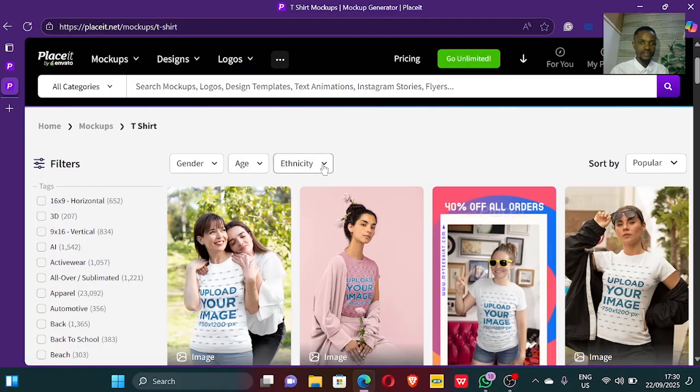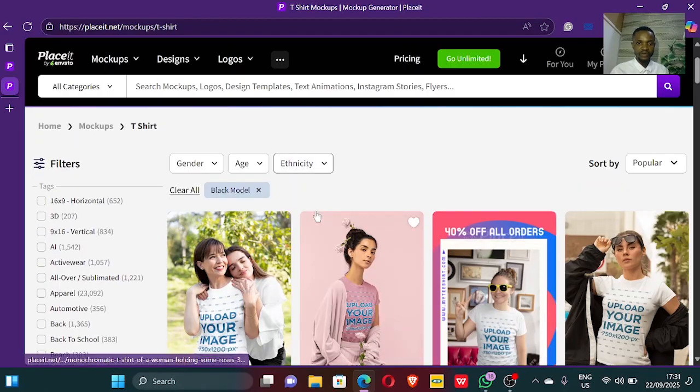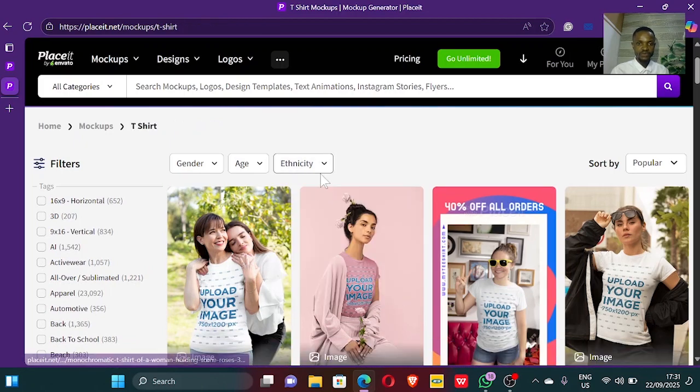Okay, so here you have the ethnicity. This is where you select the ethnicity. You can choose from white model, black model, Hispanic model, Asian model, Indian model, Southeast Asian model, indigenous model. That is to say, if you go for this white model, you see only people from white countries. If you choose black, you see black skin. For my own case, I'll choose this black model because I'm situated in an African country. So when you choose black model here,